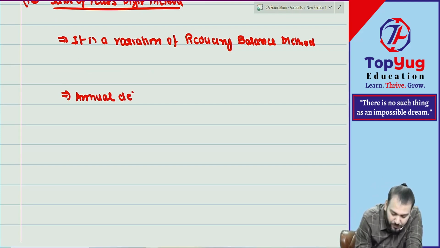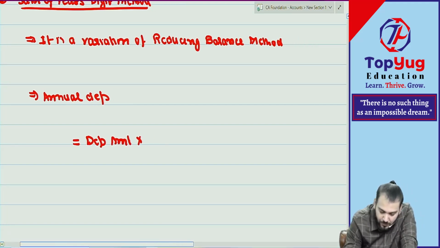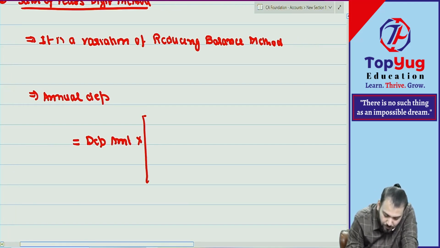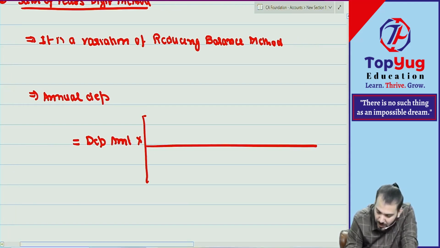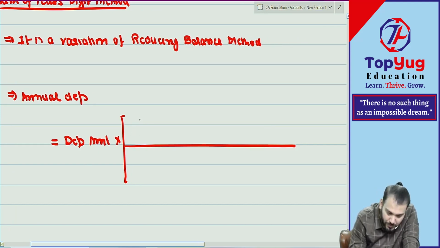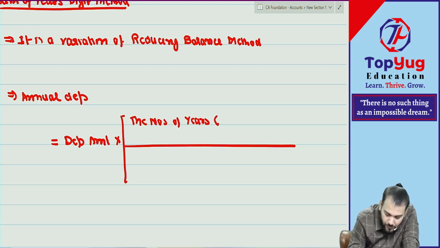Annual depreciation will be equal to depreciable amount multiplied by the number of years including current year of remaining useful life,